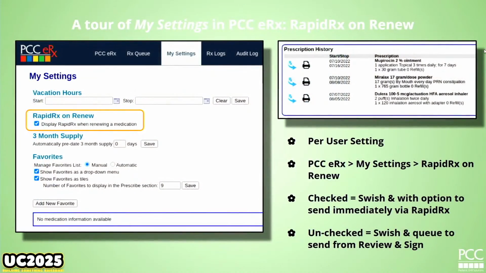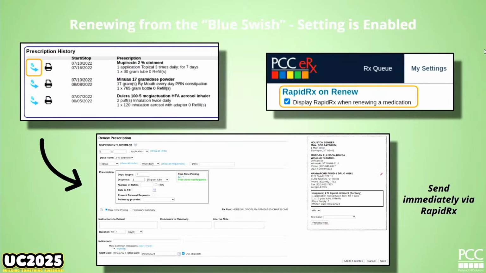If this box is checked, you'll swish it, and it will pop up so you can immediately send it to the pharmacy. Some of you have been around so long that when you swish it, instead it puts it down in review and sign, and you have to scroll down to send it, and some of our newer offices miss this configuration. So we've got a mixed bag here, but the point of all this is that if you want it to swish and have it pop open so you can send it immediately, go into My Settings and click this box.